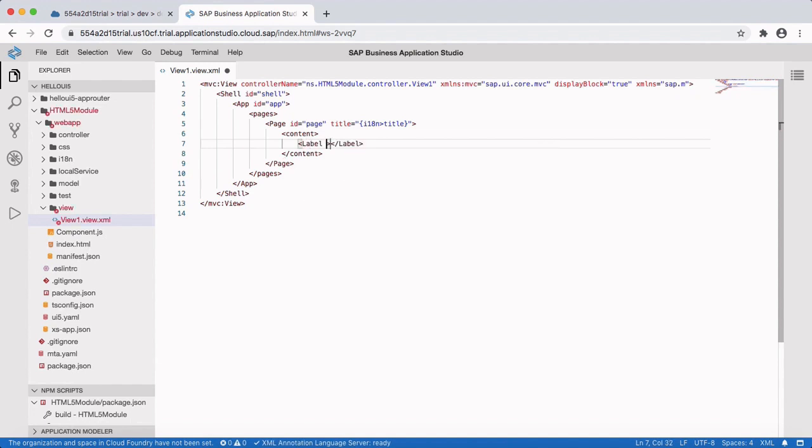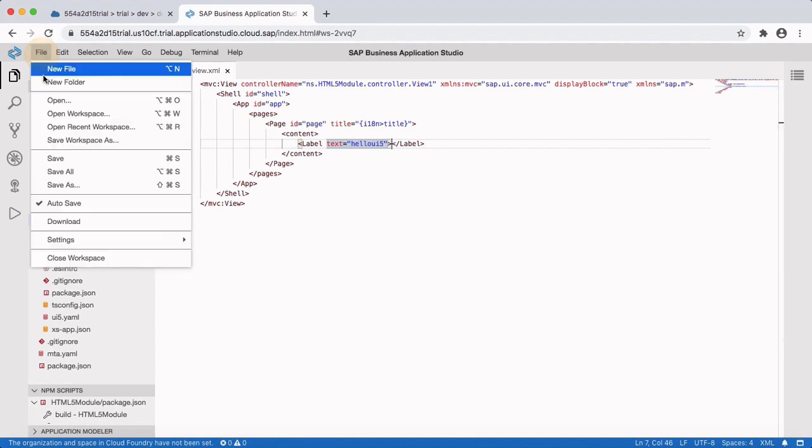We will see later how to create different controls inside UI5 application. For this demo application, I'll just create a simple label with the text Hello UI5. I will save it.